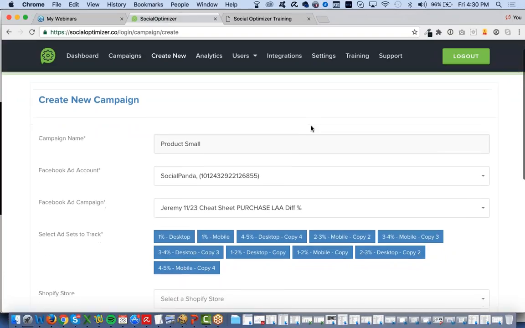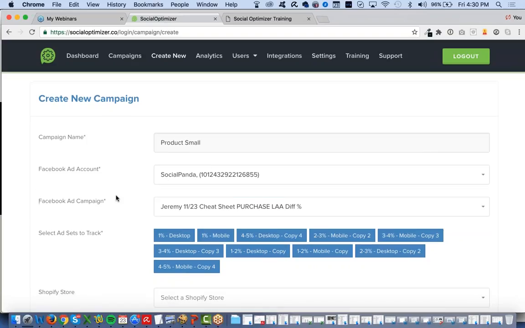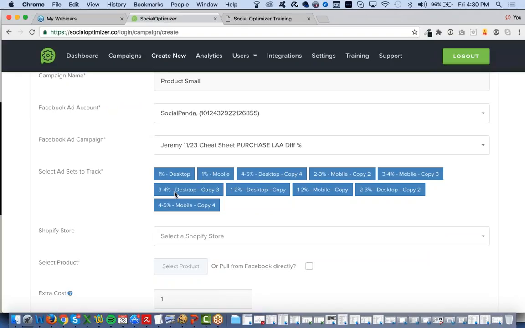Cool. Now, Craig, you could run an offline marketing campaign, but the question would be, why would you? If you need to connect up your Facebook ad account, you need to connect up your Facebook ad campaign. So you really need to be using that offline campaign to run Facebook ads. If you're not running Facebook ads, then you wouldn't use this software.